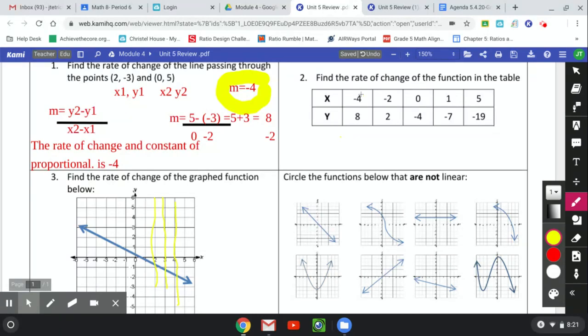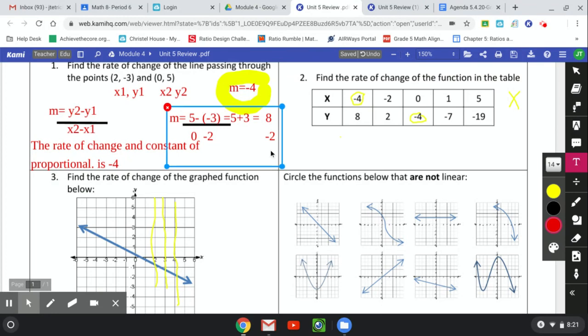However, I see -4 down here on my y. Here's the thing. This does not affect y. This functionality only affects x, okay? So here, you know that it's a function, and you can use this as the constant of proportionality by saying